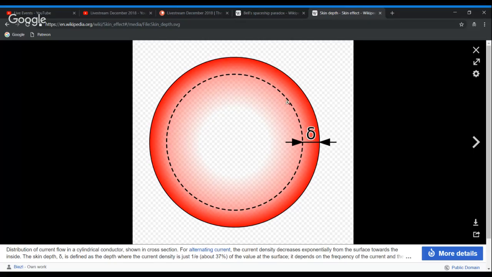Now in DC, that dark spot does get lighter as it goes in, but it goes all the way into the middle. Whereas with AC, you get this empty patch where there basically isn't any current at all. And so you end up with this skin current around the edge. I don't know if that answers your question enough, but